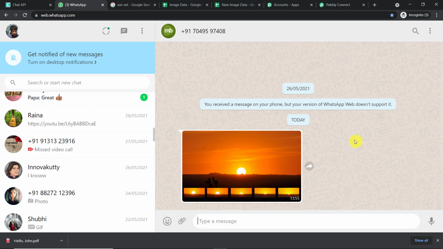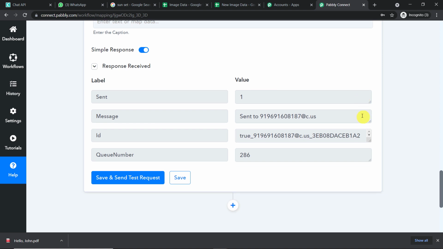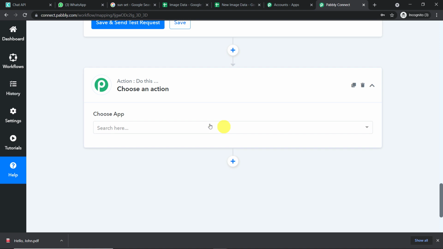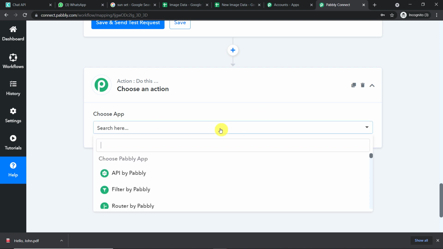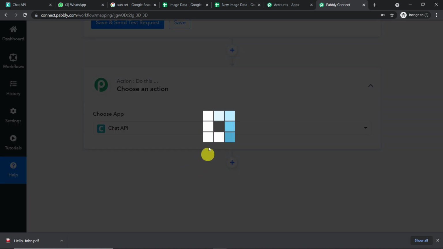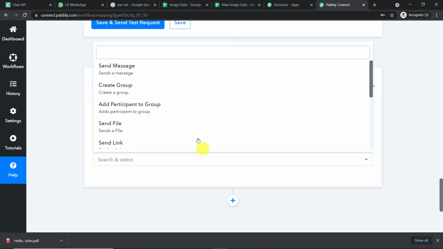Okay, excellent. Now there is something you should know. Now this is actually a complimentary step. It is not actually compulsory. Now in case along with the image, if you want to send a message, we introduce one more action window. And once again, we are going to use Chat API to send the message. Okay, earlier we just sent the image. Now along with the image, we are planning to send a message.